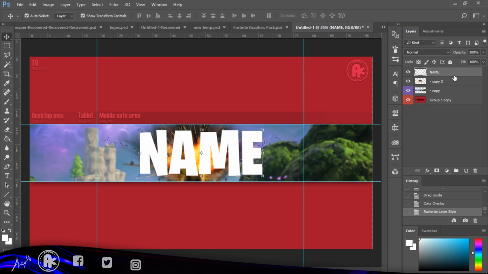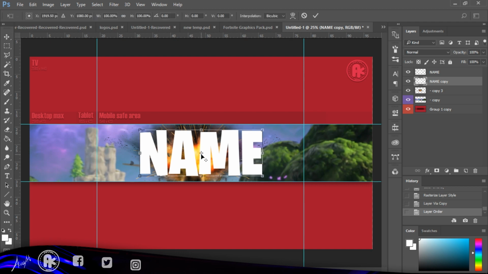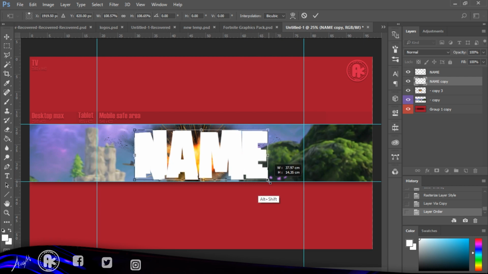So you're going to want to press Control J again, put this under, and get this center point and move it up to here, and now you've got yourself a center point axis here. Then Alt Shift, as you can see, drag it there, then go into it,